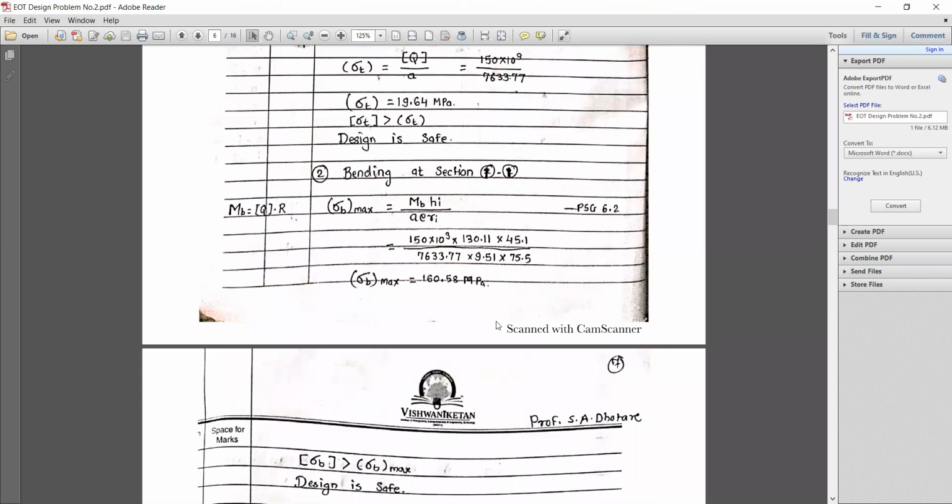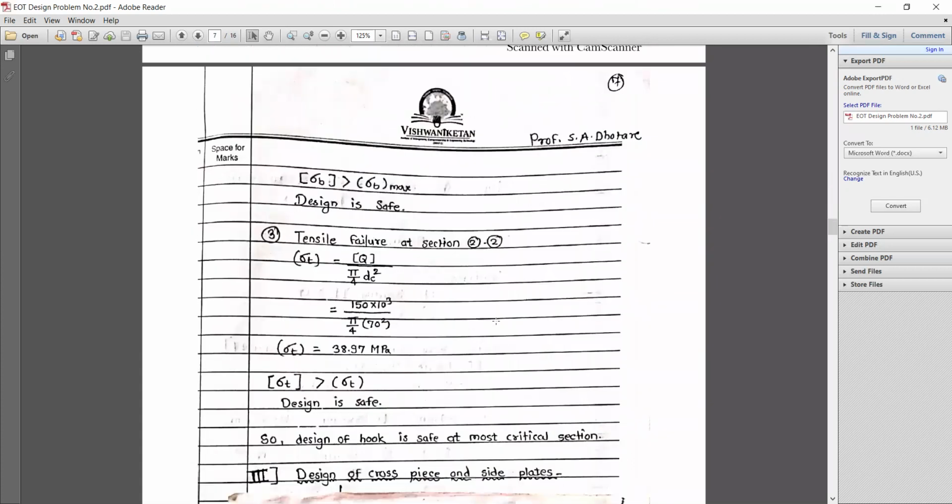Please make a correction in that. The diameter we have is 70 mm, which we have already chosen from the standard value, page number 9.11. Putting all the values and calculating the induced tensile stress, that is 38.97 megapascal, which is very less